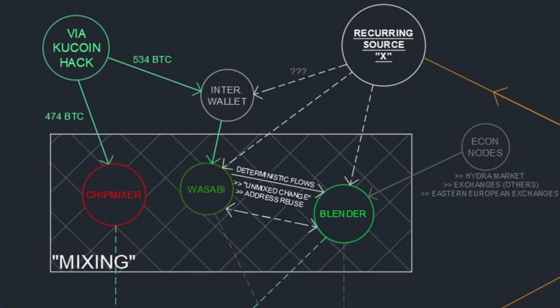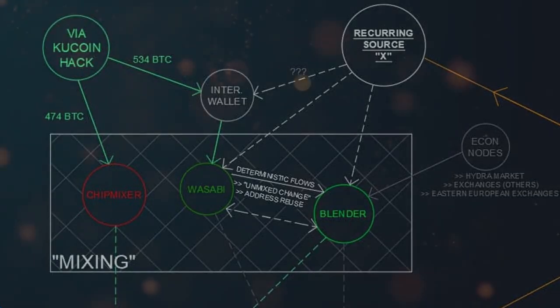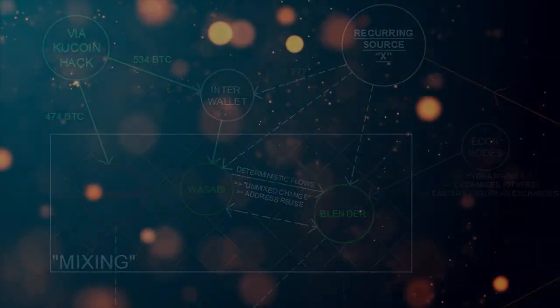We did a quick check: 20,000 Bitcoin sourced from this entity went through this sort of Blender Wasabi process just in the last year. So it's something that we've seen. It's something that we saw in the previous DPRK report, and seeing it again, this time added a little bit more context. And so just to sort of wrap things up,